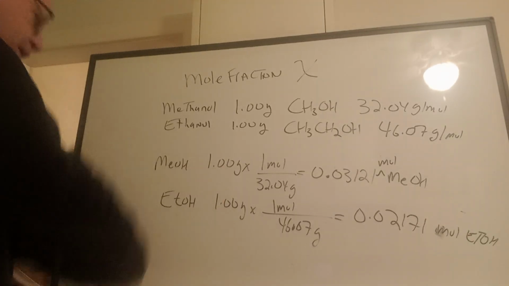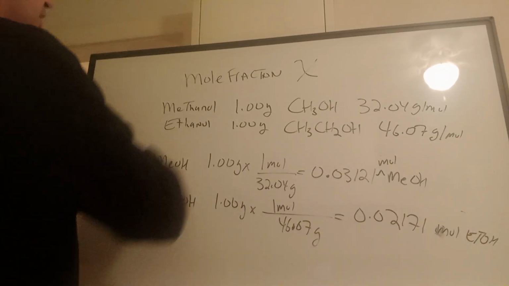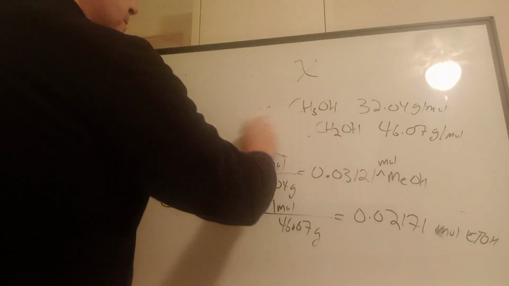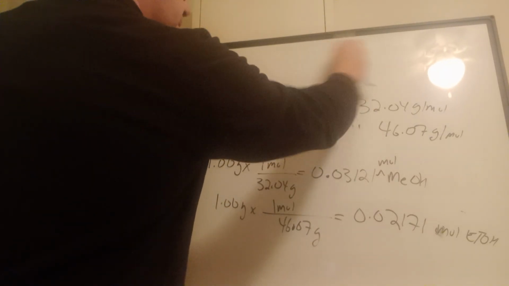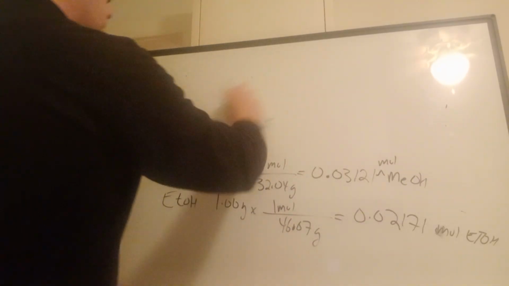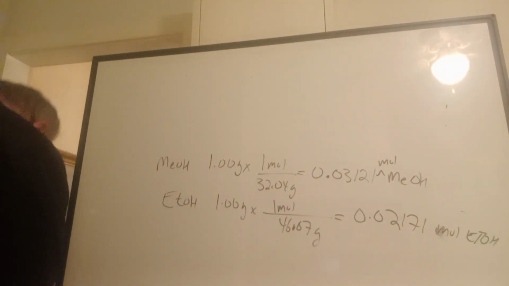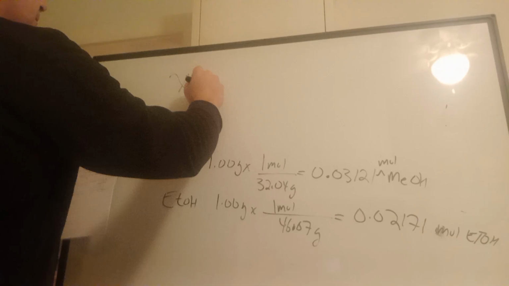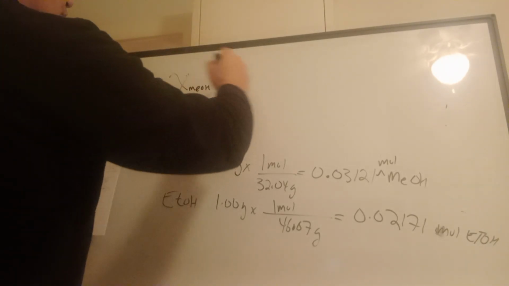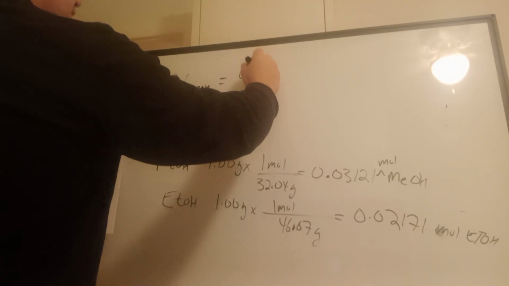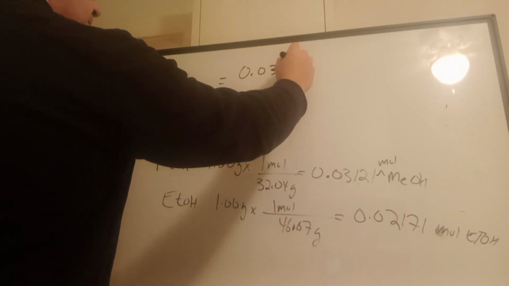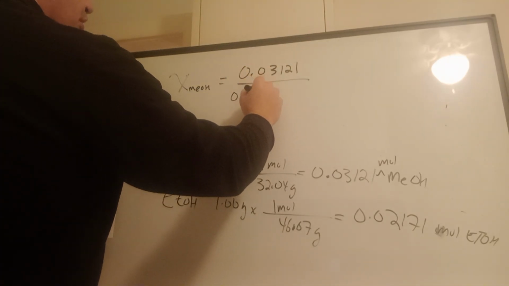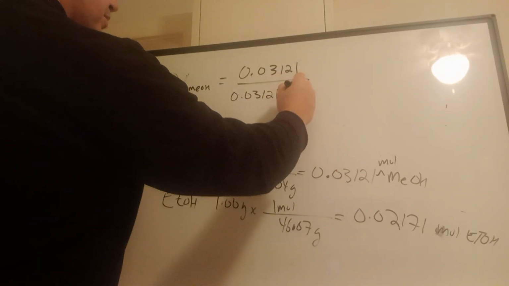So I want to write where it's very clear for you. Let's calculate out the mole fraction for the methanol. For the methanol, you put the moles of the methanol itself. The moles will all cancel, so I'll just leave the units off. The moles of the methanol plus the moles of